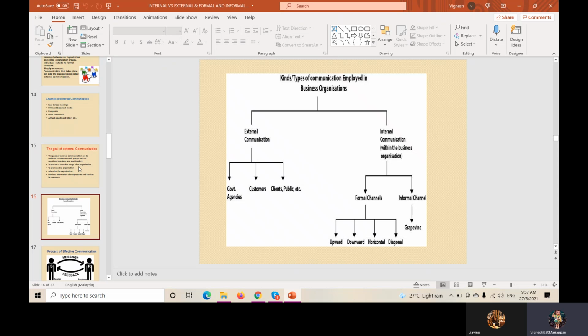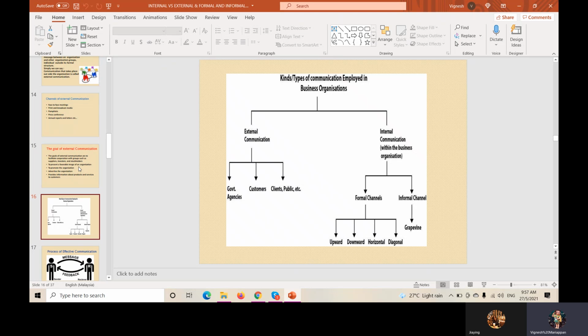Okay, so this is the flow chart: external organization and internal organization. From this flow chart I already explained here. External means, teacher said, you can talk to the suppliers, stockholders, your investors, any government agencies, or you want to talk to the customers, your clients or the public, or anybody. We call it external